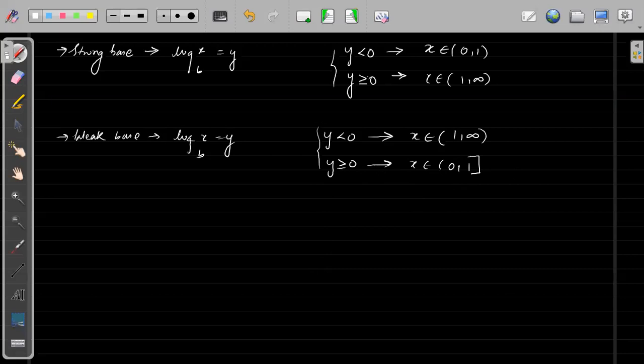Sir, I put log base 1 by 2 of x equals y in Desmos. It comes like an upside down parabola. What? No, children, parabola is different. Sir, I cannot understand weak base. How to find this, sir? Aswati, what was your question? Okay, so first you check this. I'll see the questions, what you guys are asking. I don't know from where you guys get these wonderful questions.